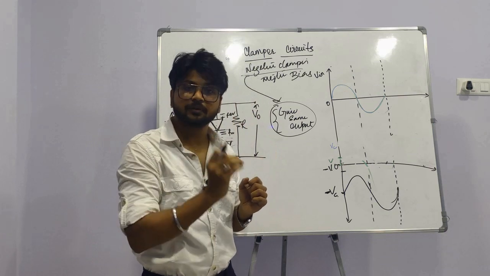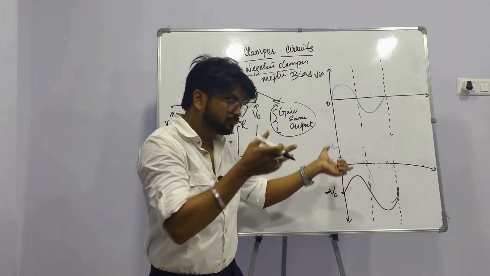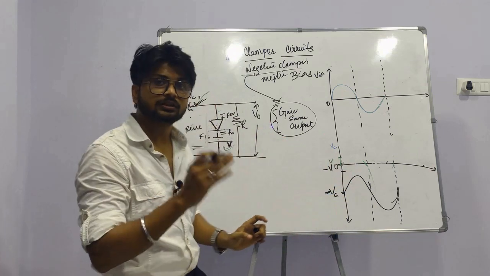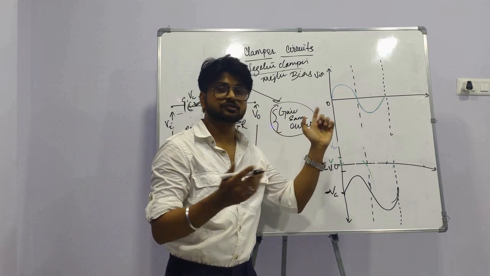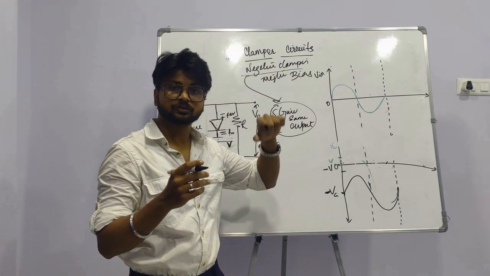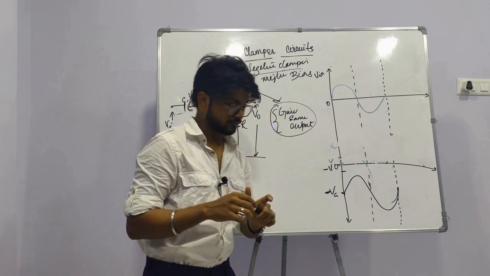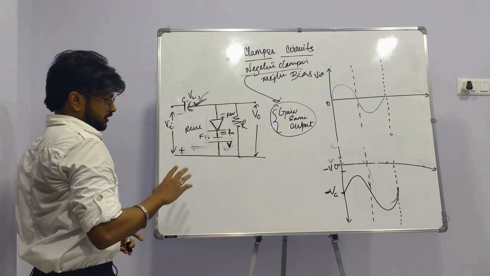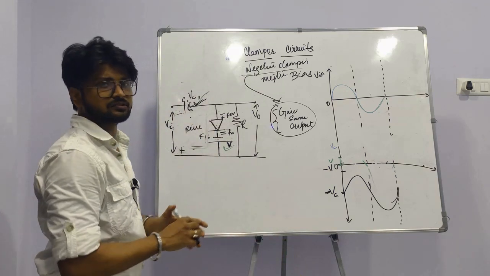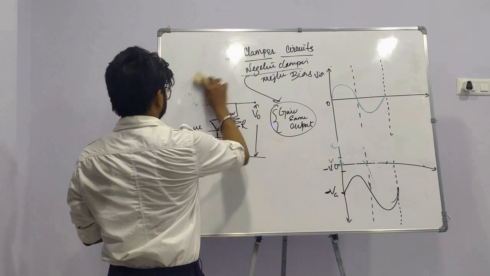the nature of the wave is mimicked, but the values of the peak, the values of the drop, the values of the clamp are not the same. That we'll discuss when we discuss the problems of the positive clamper with positive bias condition and the negative clamper with negative bias condition. Now we discuss the positive clamper with negative bias, negative clamper with positive bias, and so forth. Now let us move on to